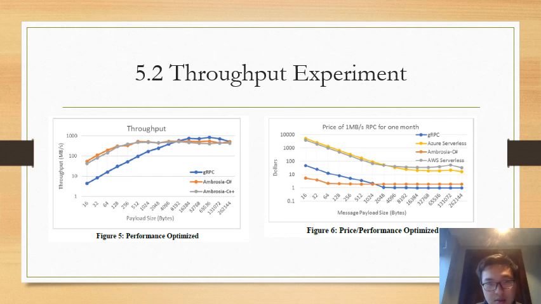Here, these two figures show the results of the throughput experiment. Figure 5 is the throughput, and figure 6 shows the price divided by performance.